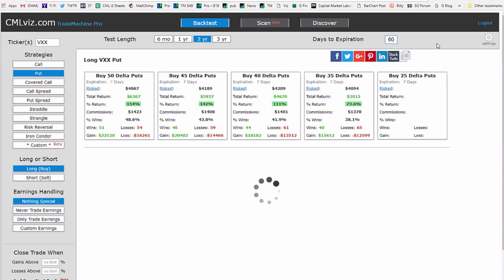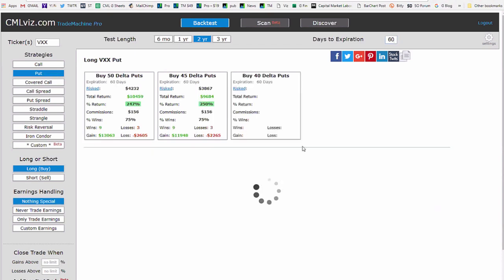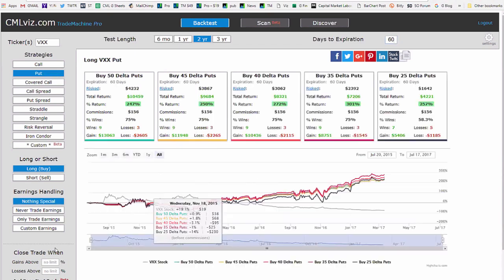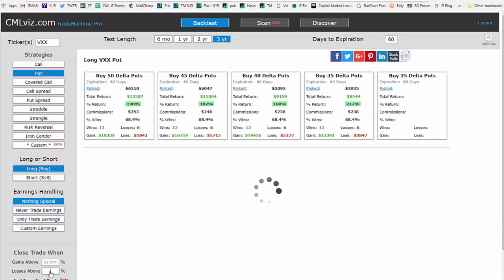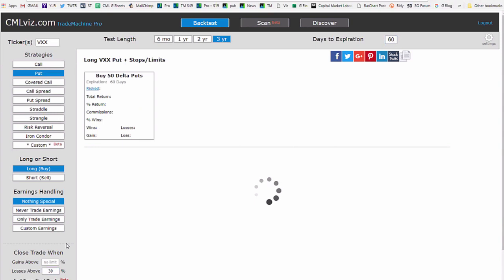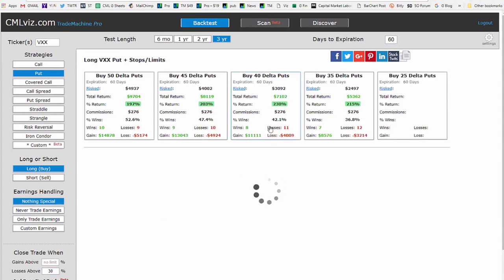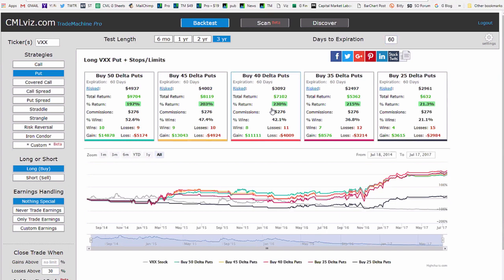All right. And we'll do 60-day options. We'll do it over 3 years. And we'll put in a stop loss. All right, so this return before we put in the stop loss was something like 190% or 180%, and now